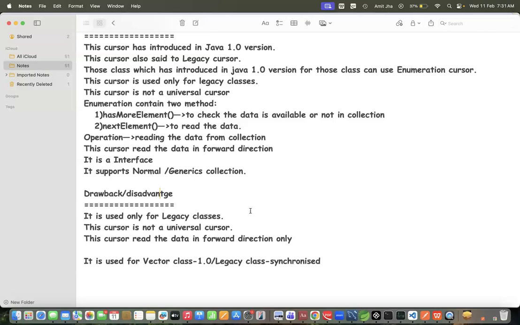Because if you say vector is synchronized, definitely they may ask what is synchronized. If you know, fine. If you don't know, then don't mention the synchronization concept. Only the concepts you know very well, you can explain to the interviewer. That is a trick to crack the interview. What you know very well, you can explain to them.